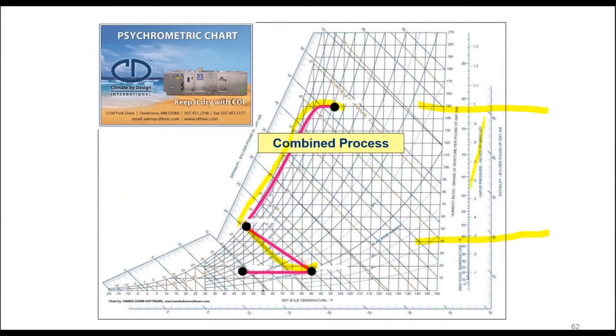And that temperature now is generally in the 80 degree range, 85, something like that. Might be 90, 95 even. That's too warm for the room, so we're going to sensibly post-cool it. No more moisture coming out. And matter of fact, in this case, if we kept moving off to the right, we'd be way down there at a 20 degree dew point or something quite low. So combined processes. This one is latent cooling, desiccant dehumidification, and sensible post-cooling.